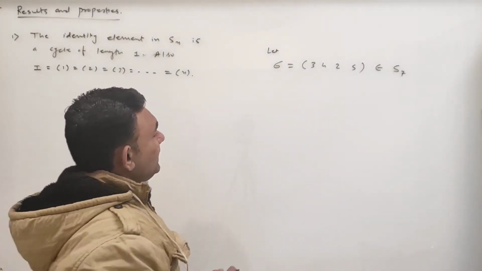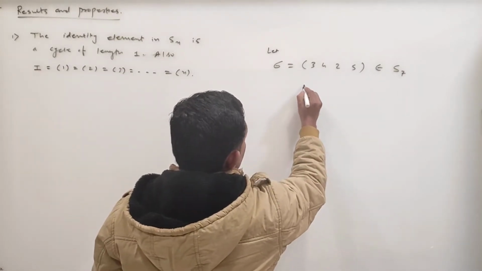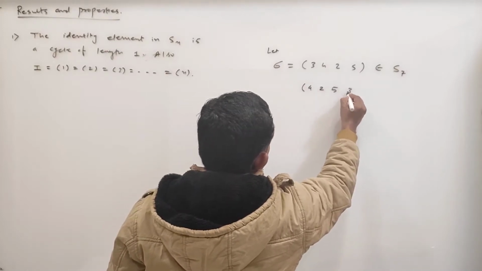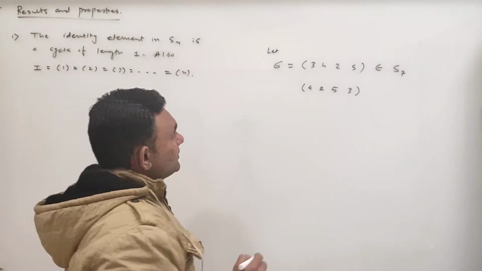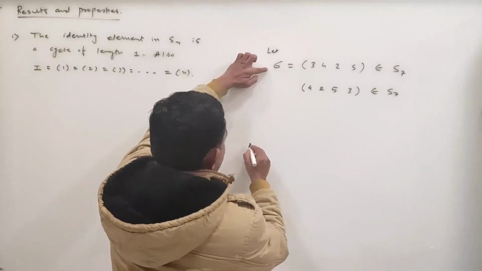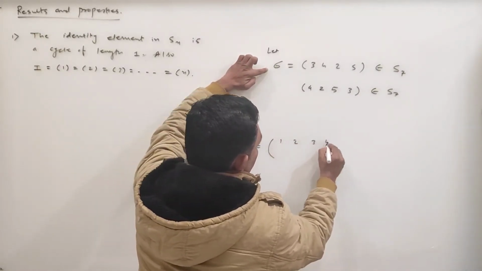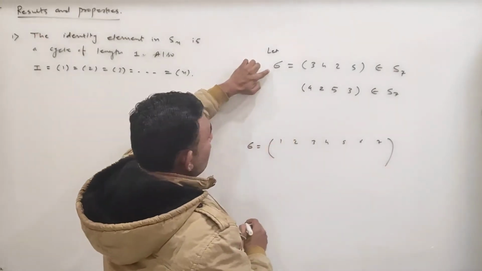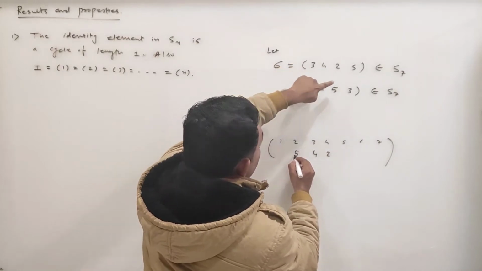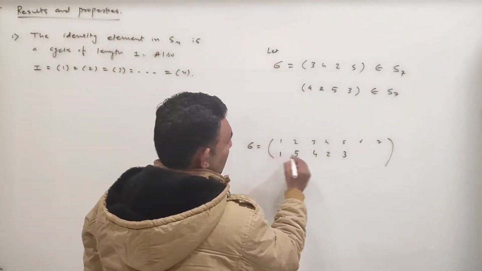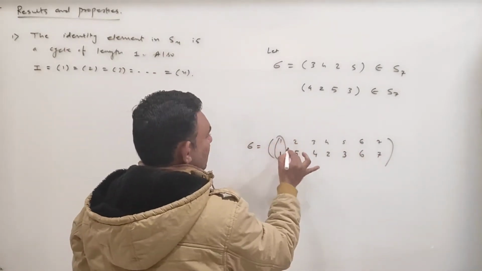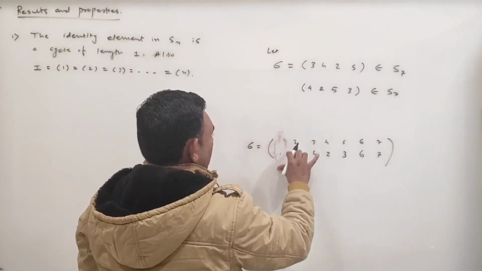Okay, so if I write this thing in this way, what happened? Let us see. Let me write first 4, then 2, then 5, and then 3. So this is also a cycle of S7. Okay, first let me write sigma. Sigma is what? 1, 2, 3, 4, 5, 6 and 7. Image of 3 is 4, image of 4 is 2, image of 2 is 5, and image of 5 is 3, and the remaining are 1, 6 and 7 as they are. These 3 are as they are, so let me highlight in this way.